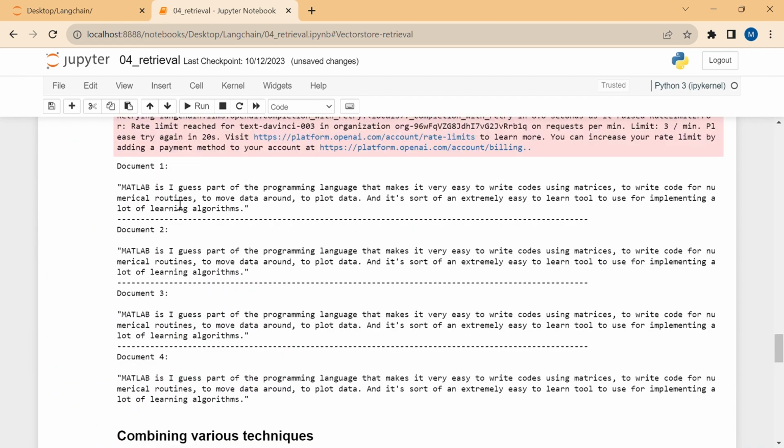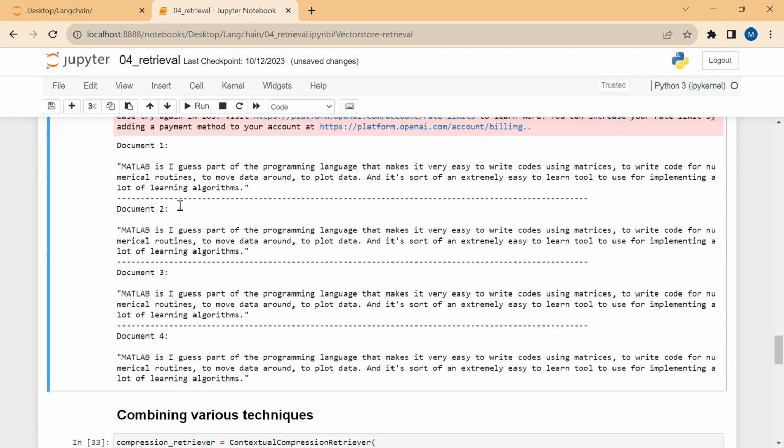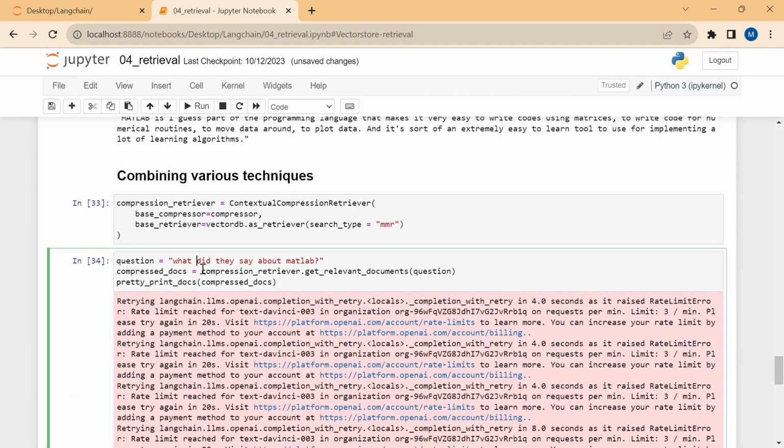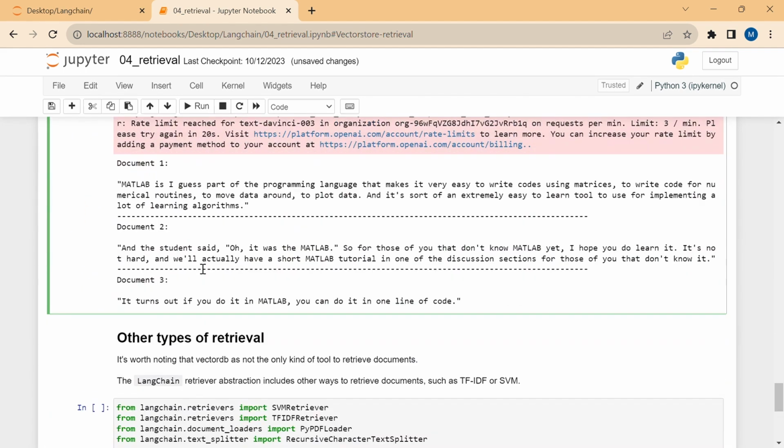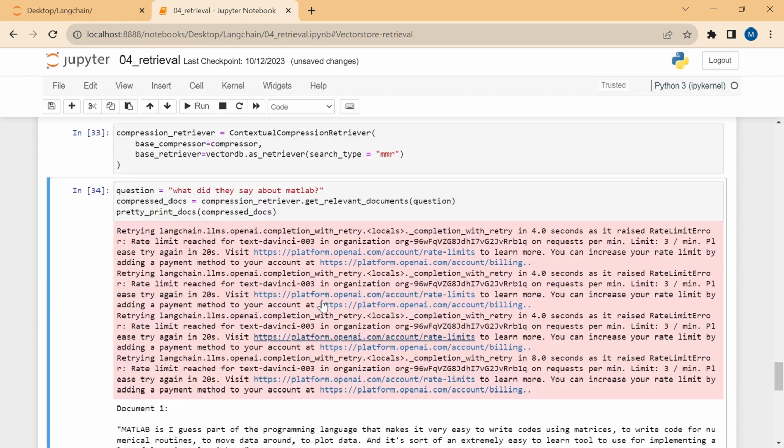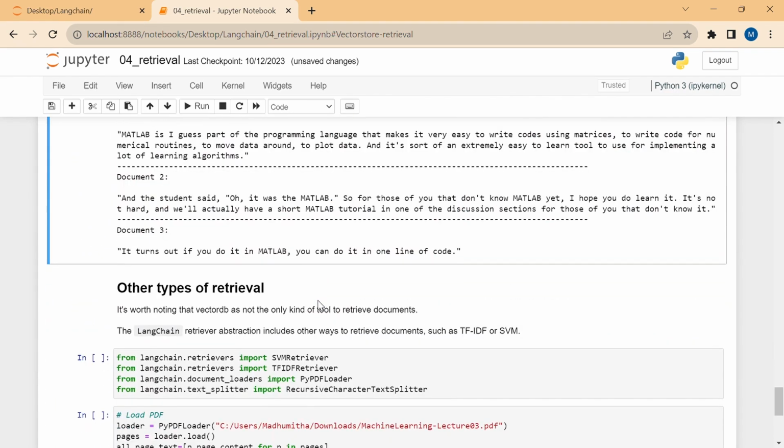Here I got the output as all the 4 documents, and all the 4 are the same. But here I got only 3 as output and all 3 are different and related. This one is mostly related, so it arises first, and this one is not so much related, so it is second. It is ordered according to relevance. They also have a similarity rate, and with the help of the similarity rate it is ordered according to relevance. So that is how MMR, max marginal relevance, works.